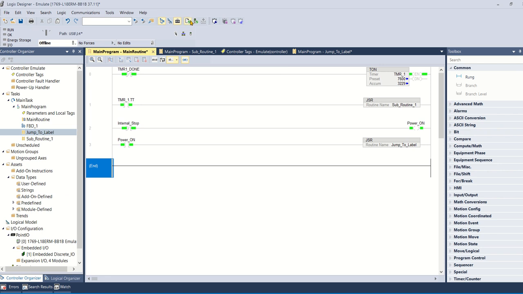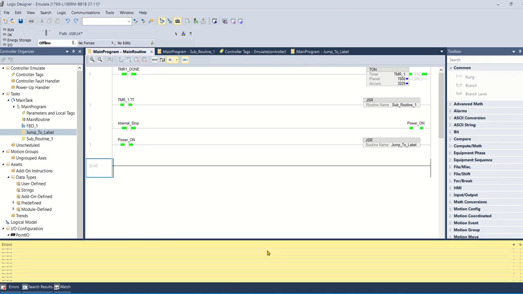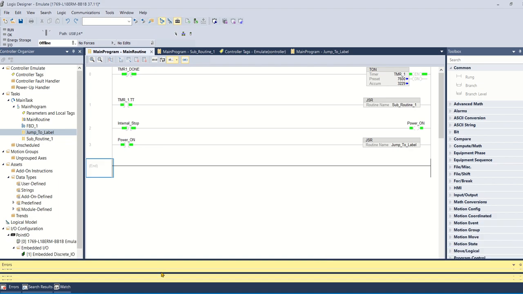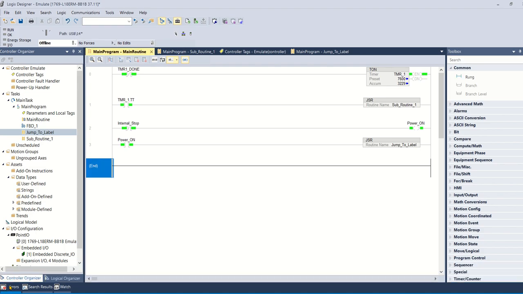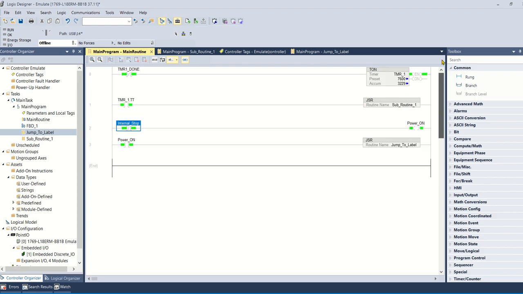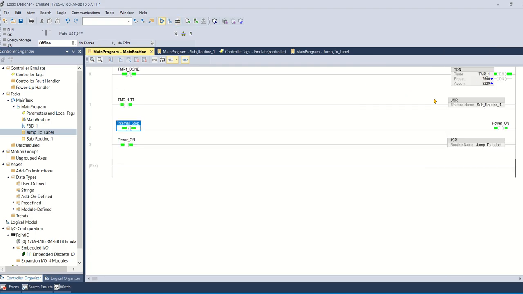Somewhere I lost this one right here. Verify. Do I have errors or not? Okay, I don't think I do. You can get some stuff that comes up and click and close it. All right, so